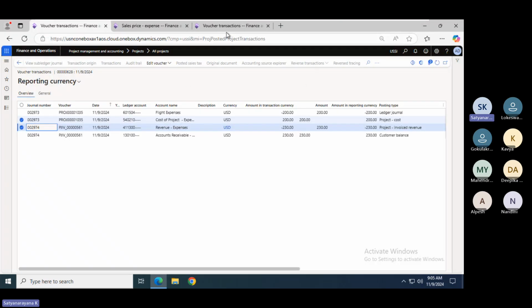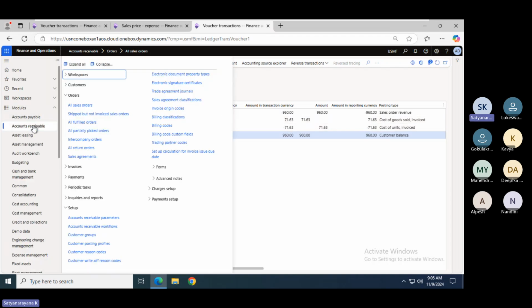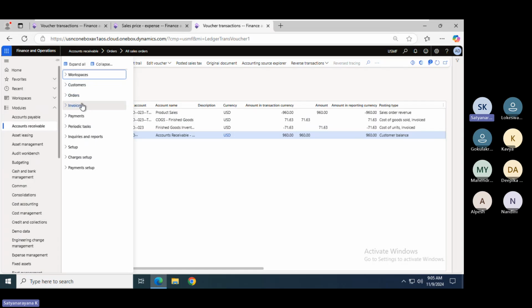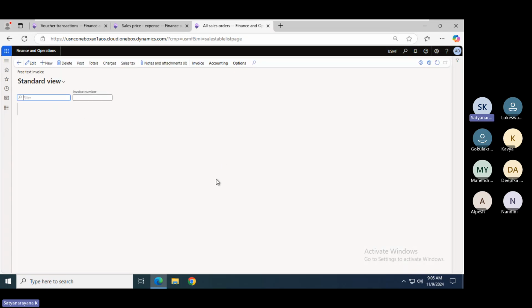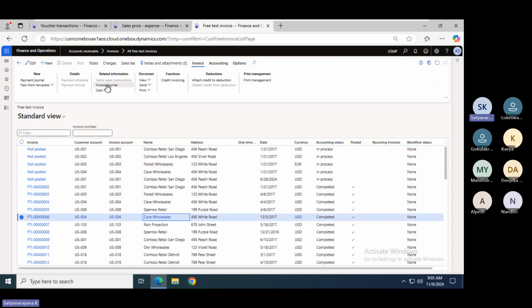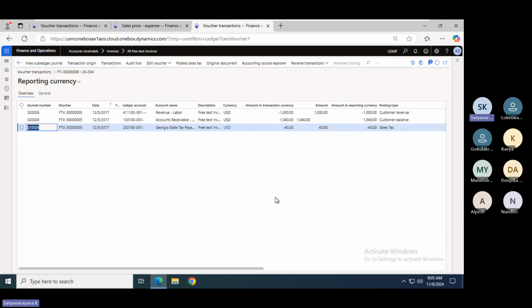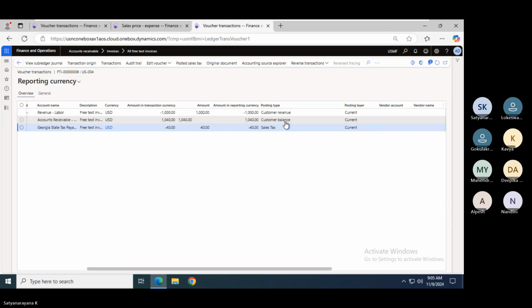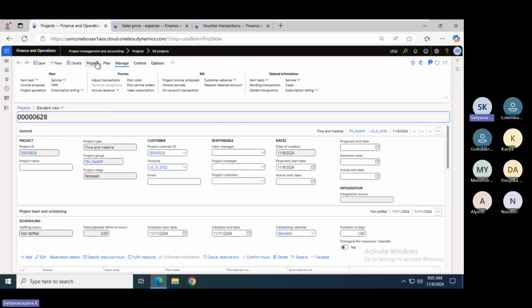So we know one is sales order invoice, another one is free text invoice. Accounts receivable, collapse all, invoices, free text invoices. If you take any free text invoice and verify the voucher, invoice journal voucher, in this there is no cost, only revenue. Right? Only revenues, no cost. Same here, if you are posting fee journal,